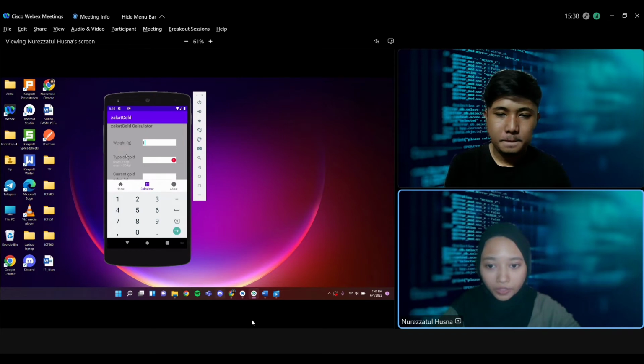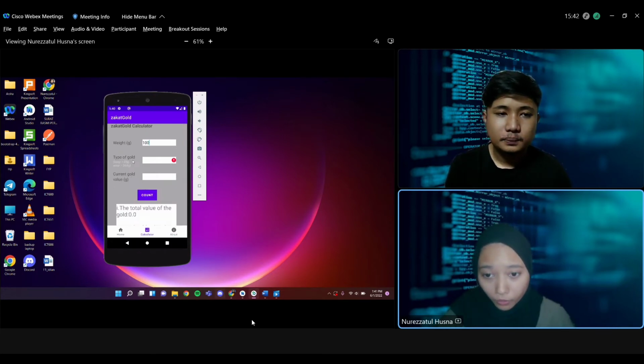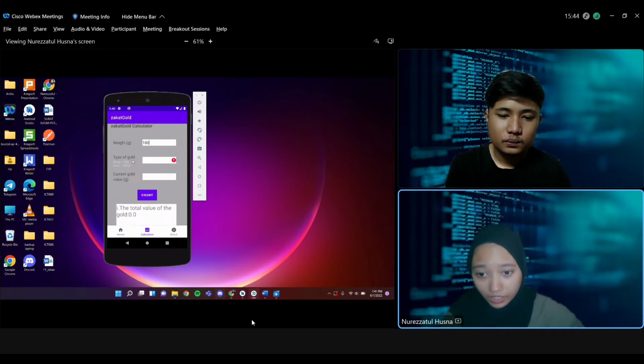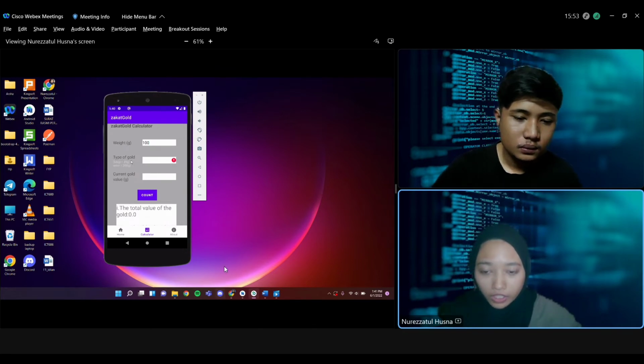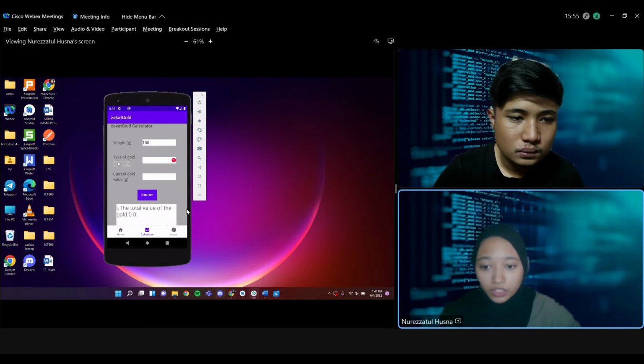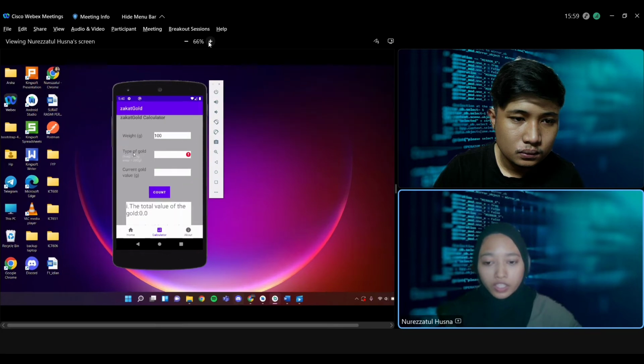Let's say the weight is 100 gram. Then on type of gold, you can see a little instruction or guide for the user to choose either keep or wear, because they only have these two choices.